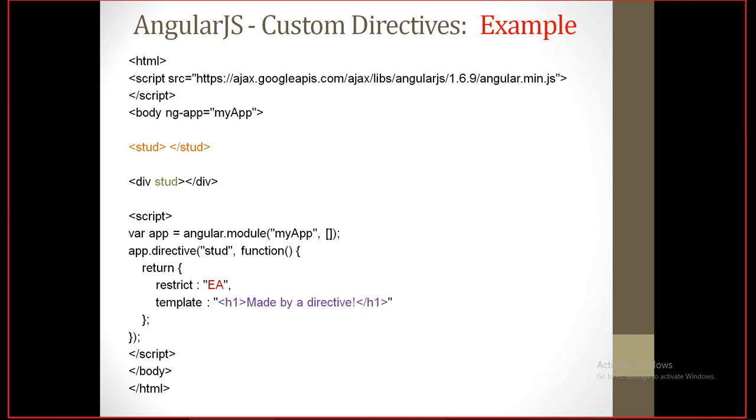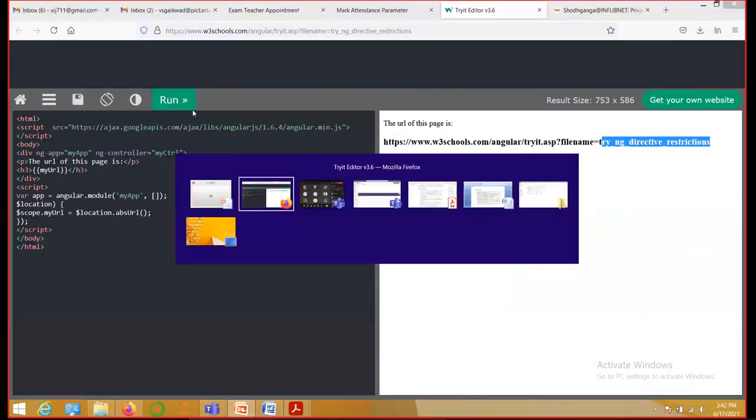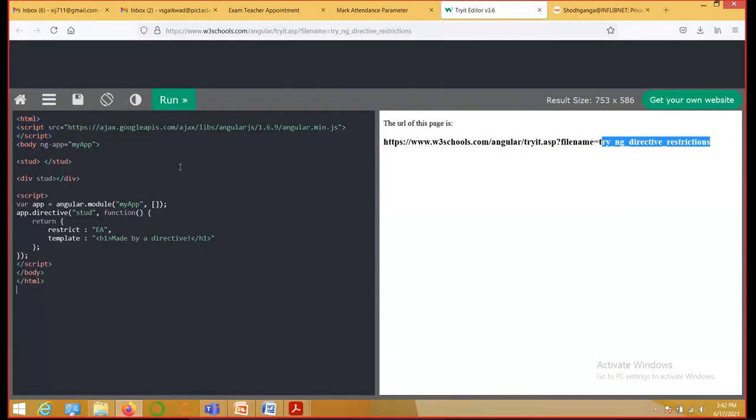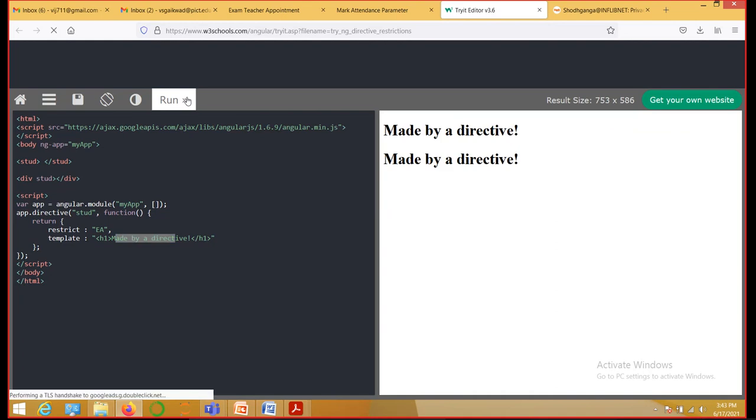Okay. Fine. So we'll see the result. You can see stud, whatever pattern I have mentioned over here, or the name of the directive. If I find any element, that means if I find any tag name, then that tag name will get replaced by this made by a directive. Also, if it is found as an attribute, even that entire tag will get replaced by the same text. Okay, so here you can see,